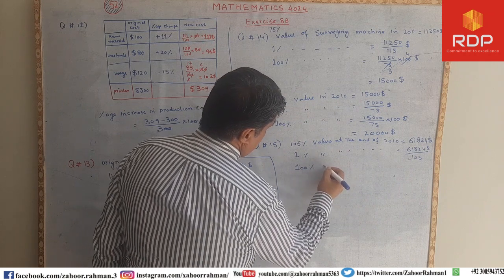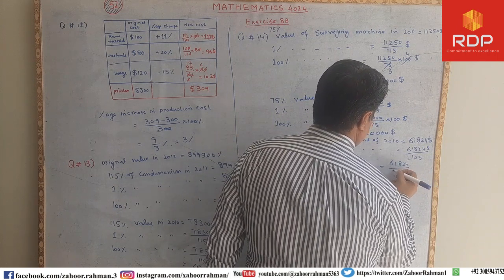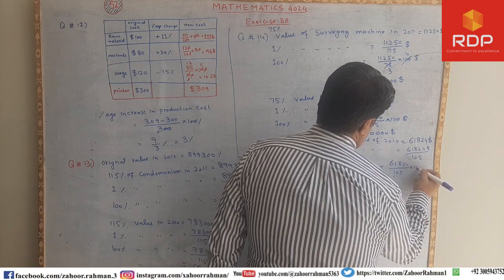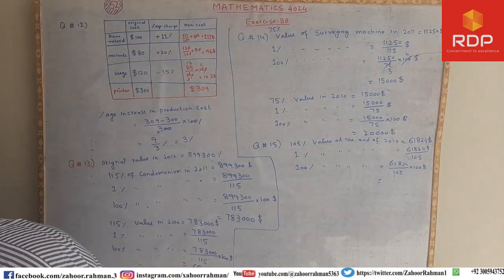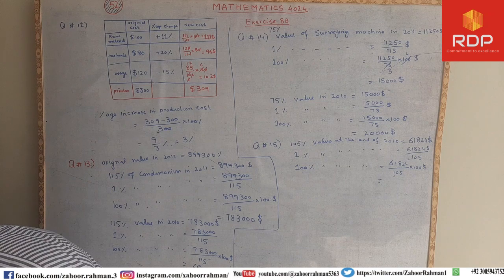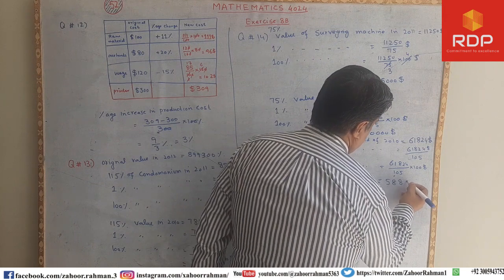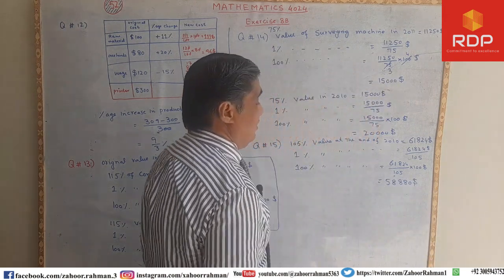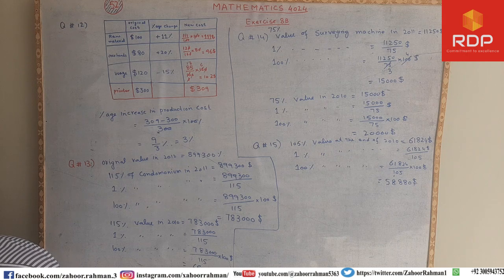So the 100% value at the end will be 61,824 divided by 105 into 100, and when it is calculated the answer came out 58,880. 58,880 dollars. The 100% value is 58,880. Now